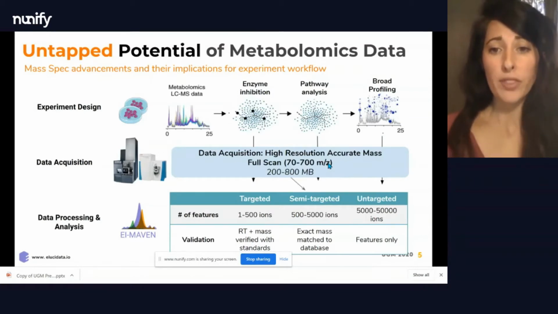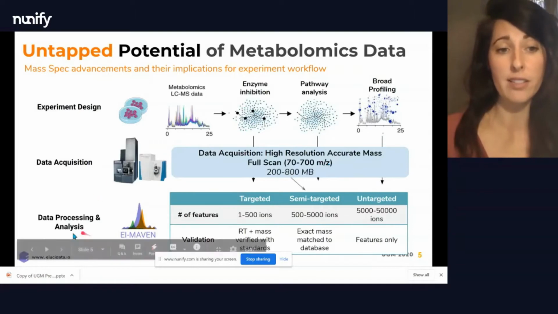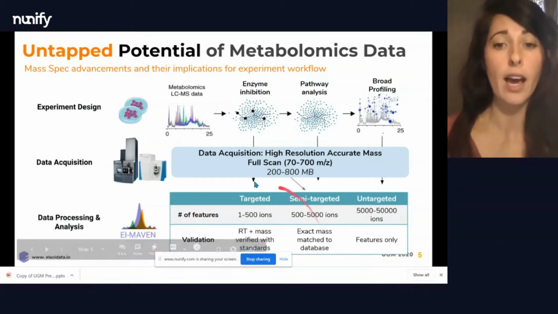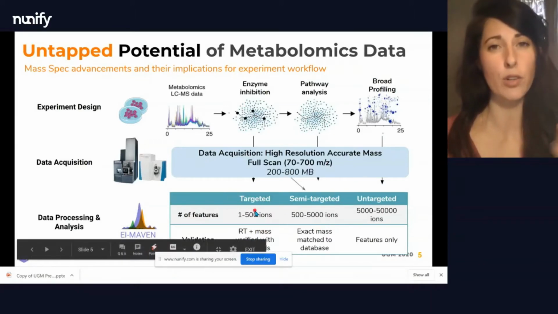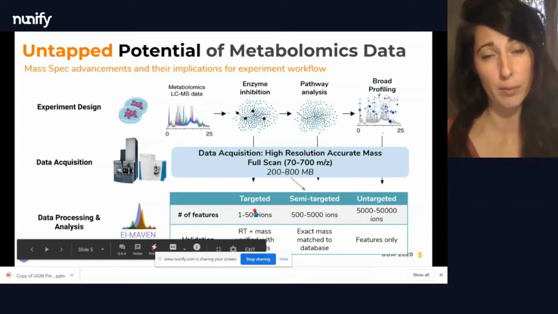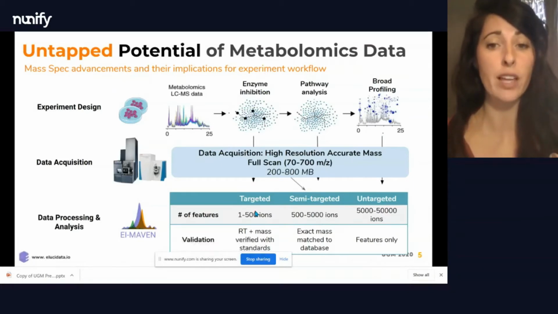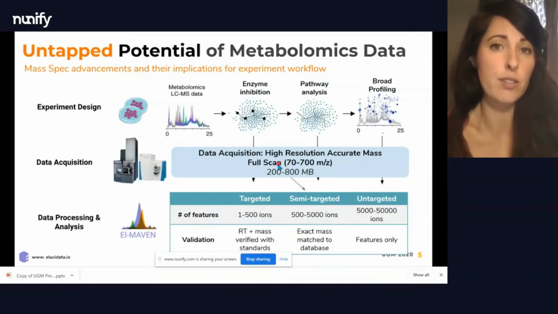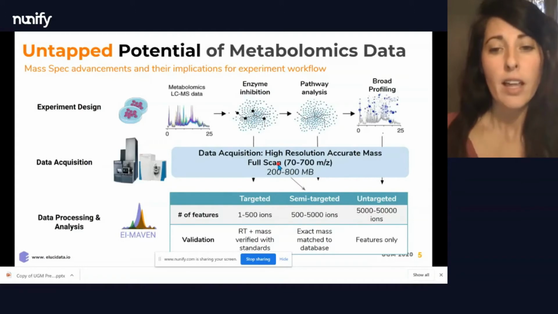And what this effectively means is that it's really just the data processing and analysis step that's tailored to the type of experiment workflow that you're on. So even when you're only doing these targeted analyses and only pulling out a handful of metabolites, you're still extracting that information from these large comprehensive data sets where obviously most of it is just not being looked at. And that is mostly because